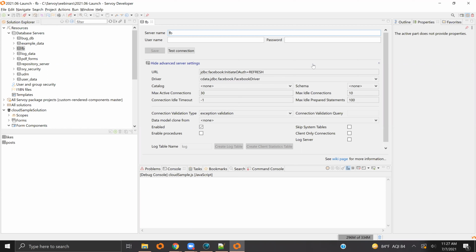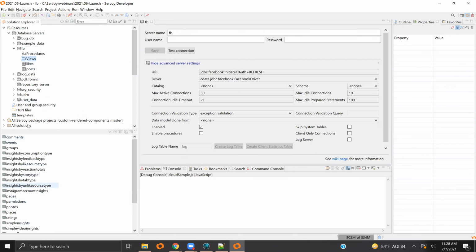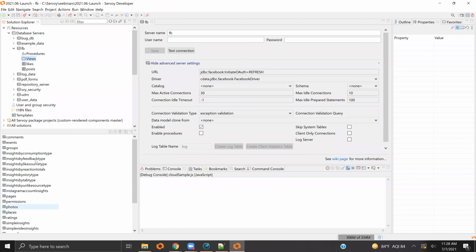We have lots of them available, and they basically provide database access to what is not a database. So you can see the tables here for Facebook. You can see the views. If there are any other APIs, they can be exposed as procedures directly. And so it's really simple to create a connection to the service and treat it like any other data source